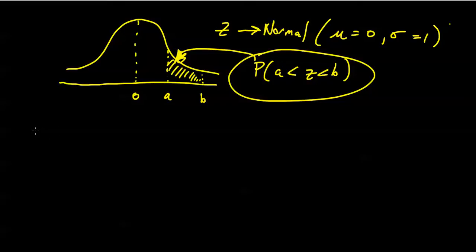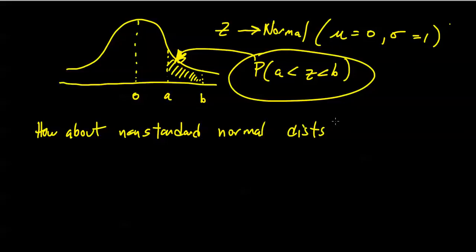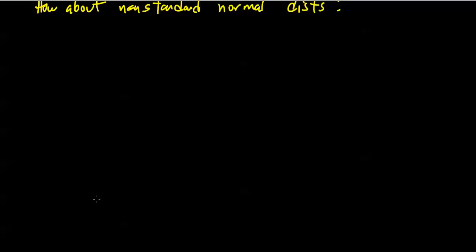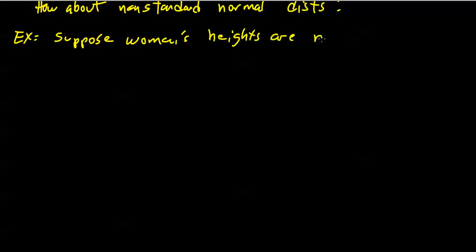Alright, so how about figuring out probabilities that are not standard normal, non-standard normal distributions? Well, the idea is somewhat the same. Let me cite an example here. Suppose adult women's heights are normally distributed